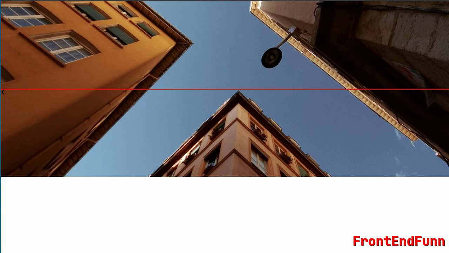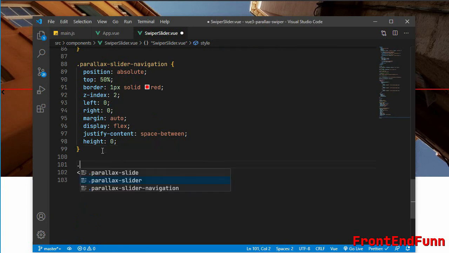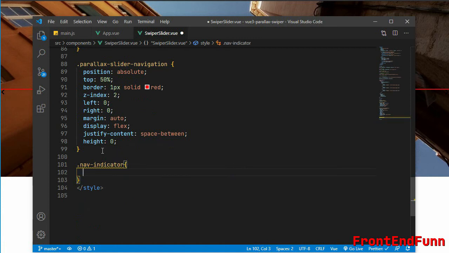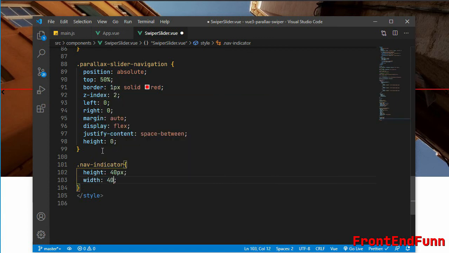so we can fix that by targeting the nav-indicator, and let's give it a height of 40 pixel and also the width of 40, because I want the navigation to be rounded.